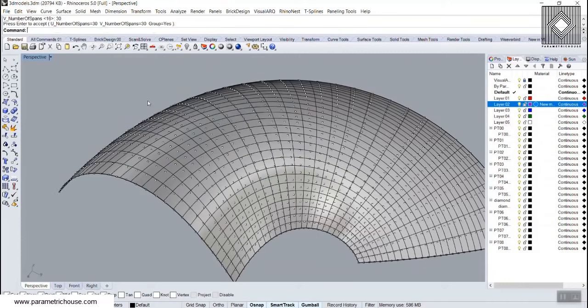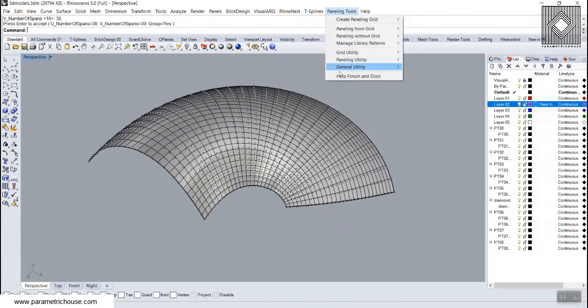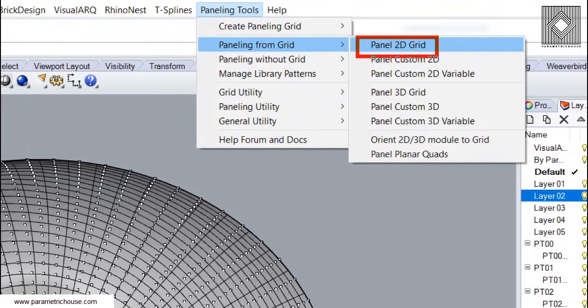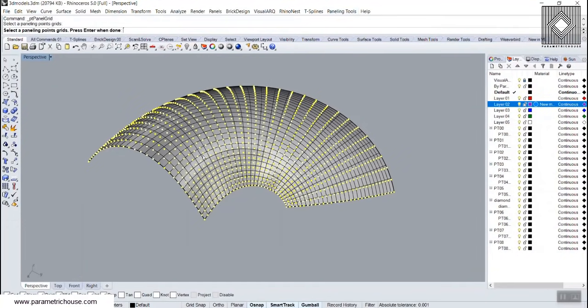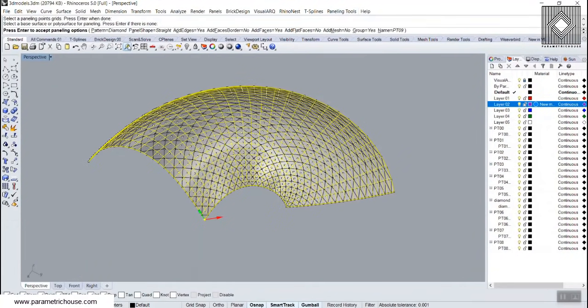So let's just group them and go to the paneling tools and use paneling from grid. And now I'm going to use the panel 2D grid. For 3D it is going to be panel 3D grid, but for the 2D and the library patterns we're going to the panel 2D grid. So now I'm going to go to the panel 2D grid, select the grid, select the surface, and now you